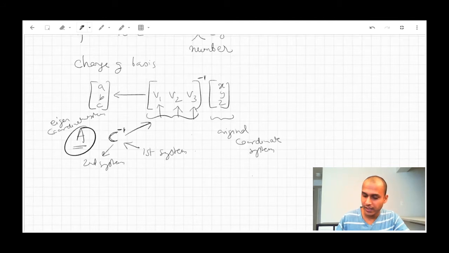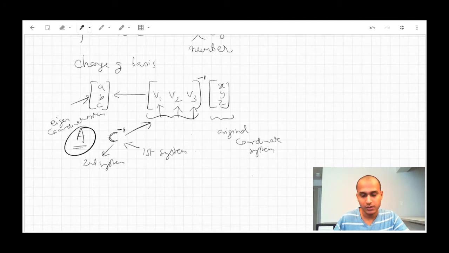Let's say I have a, b, and c as the representation. This vector is a representation of x, y, and z in the second coordinate system, which is the eigen coordinate system, the eigen basis basically. It turns out that because A has the property that if it gets multiplied by v1, which is the basis in the second coordinate system, that is the same as getting v1 scaled, right? So in the second coordinate system,